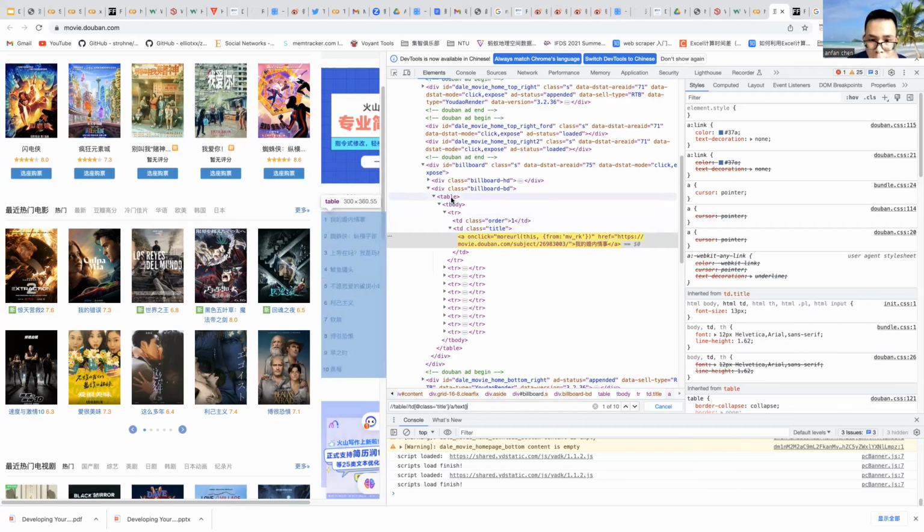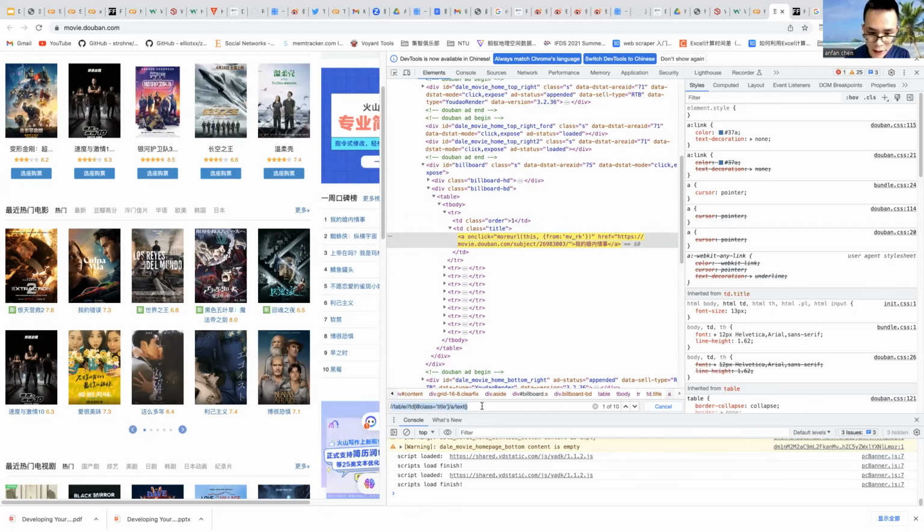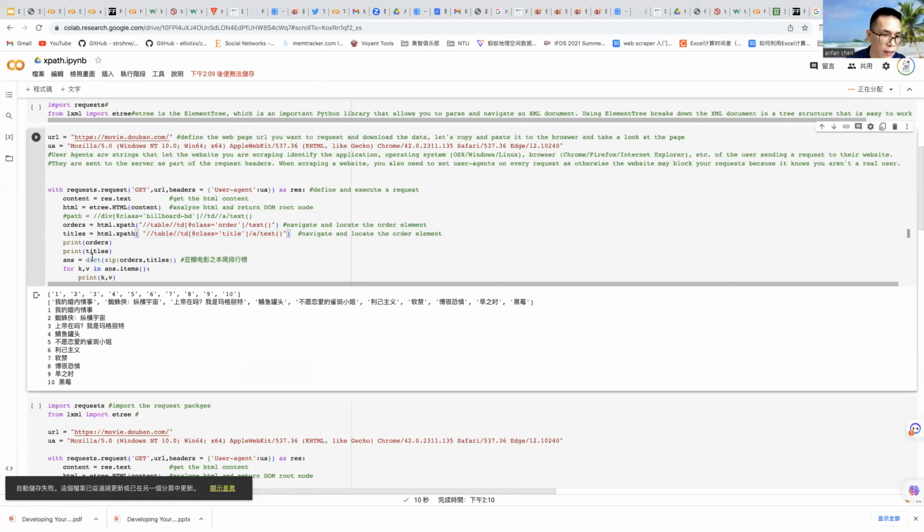And then table. So using this expression, you can successfully find the elements you want, and that's why we should write the expression this way. Also, there are different ways to write the XPath expression.